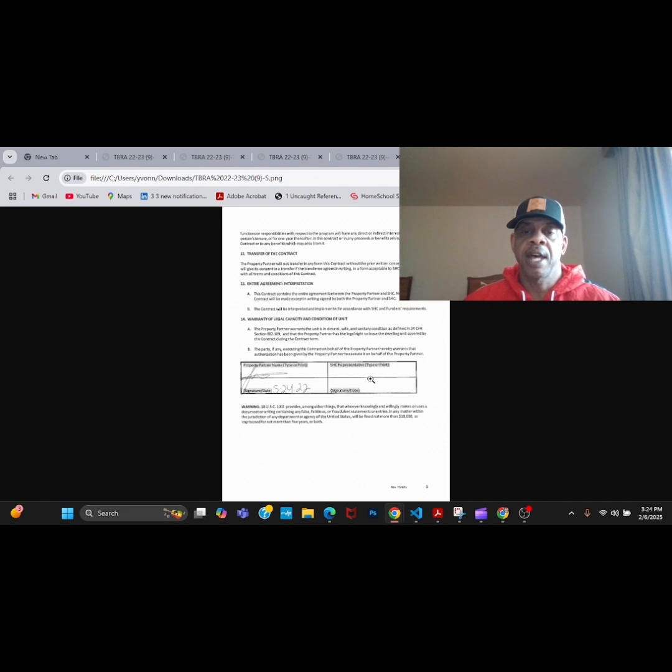Now, I find that kind of odd because if your name is on the document and this document is a legal binding document, then we should have a space where the tenants can sign. But because they don't have that, then you legally don't have any cause to file any complaints because you don't have a signature block, you're not bound to this contract. And that is something that I'm fighting for and advocating for that needs to change.